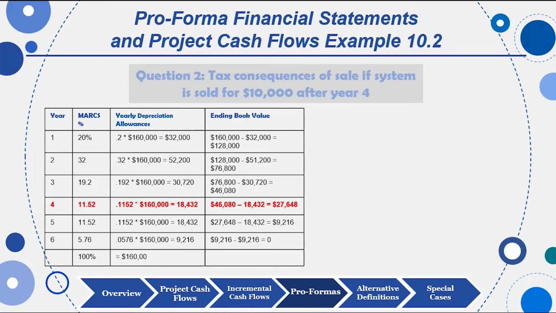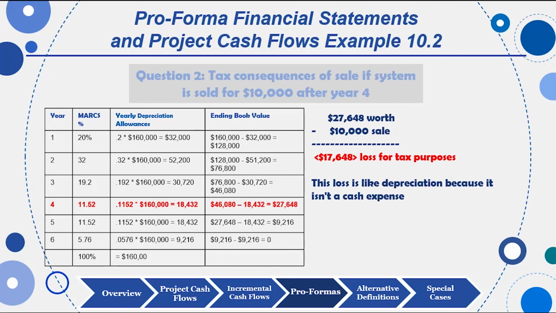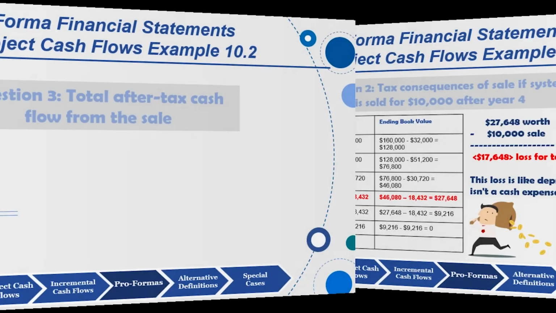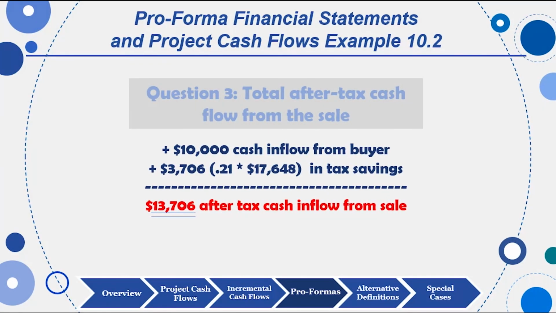And what happens if this system is sold for $10,000 after year 4? Well, you look at your table and you see that your ending book value at the end of year 4 is $27,648. If you sell it for $10,000, you have a loss, and so you should get a tax credit for that loss based on your other taxable income. So that's the case where the book value is higher than the market value only being $10,000, book value still being $27,648. So you end up with a loss, and the IRS will give you a tax credit from this